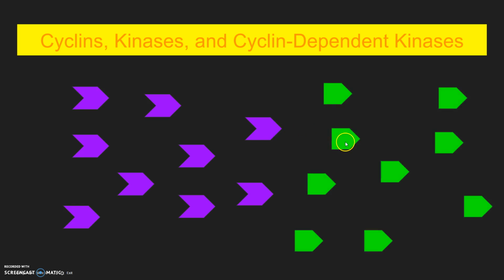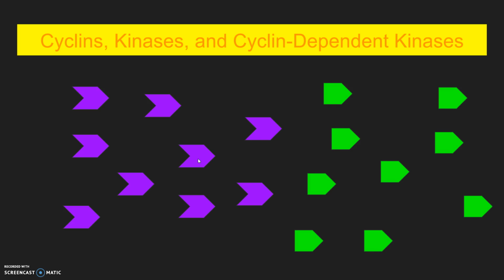So now we're going to talk about specific stop and go signals. What stop and go signals regulate these? Kinases are what we call them. The kinases are usually in inactive form. They're just surrounding the cell, and they're not really useful. So I've got this visual here. I represent the kinases with the green and the